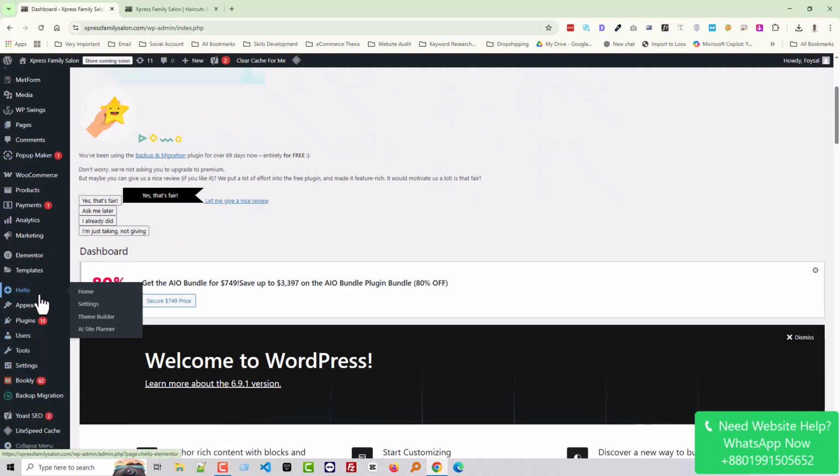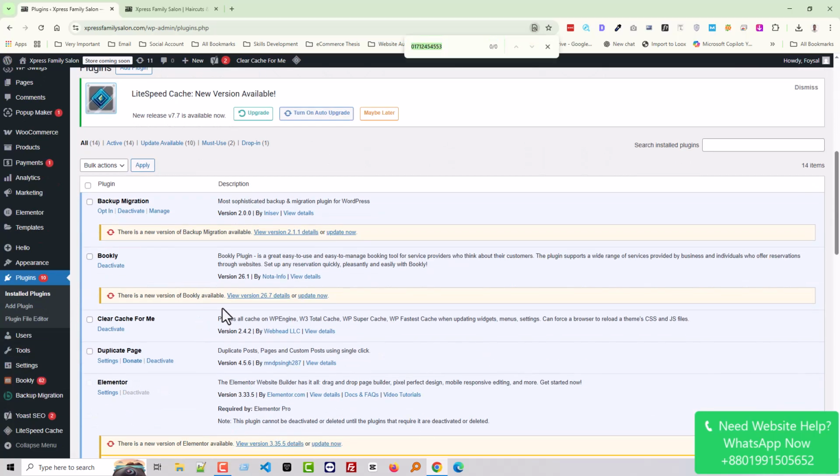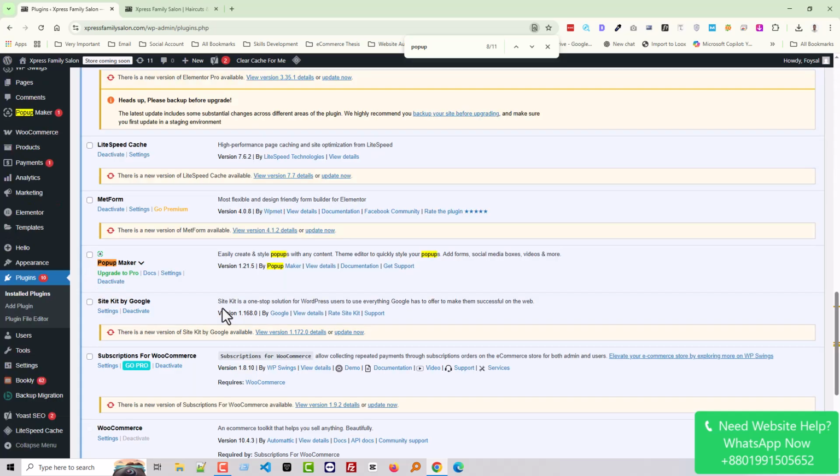You have to go to your plugin section, and then you have to find Control F, pop-up. Then you have to try to find it. You see, there is a pop-up maker plugin. You will find any plugin that include one common word, that is pop-up. So click on this pop-up plugin settings,